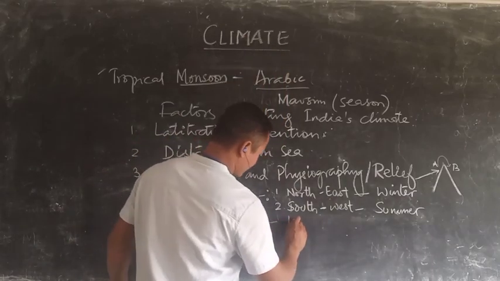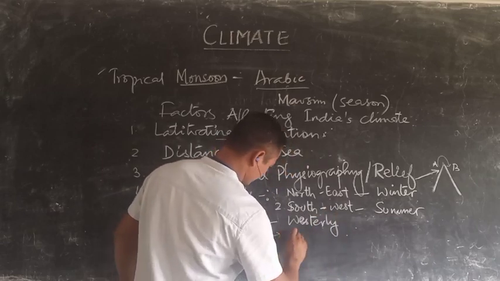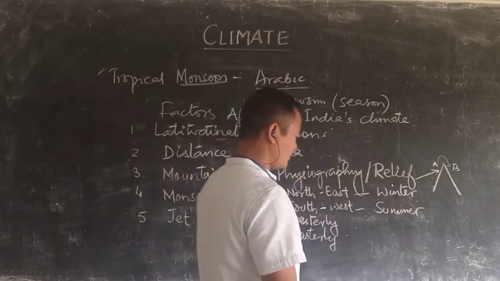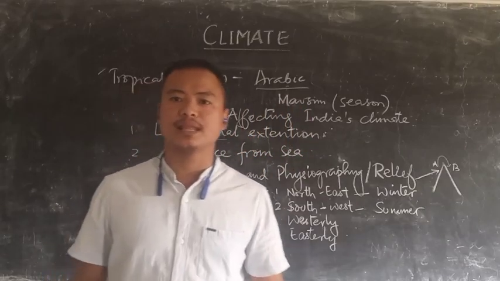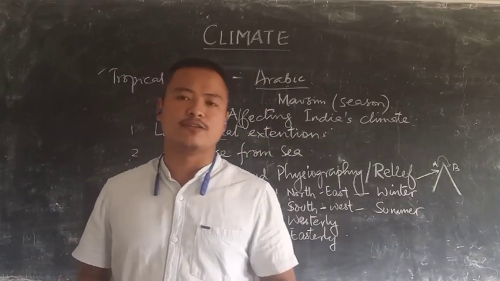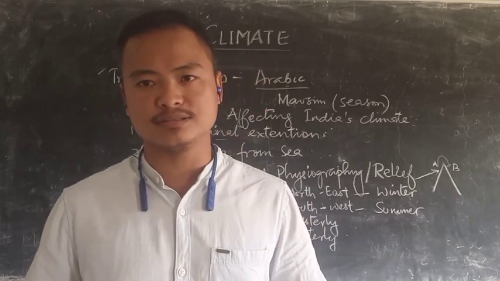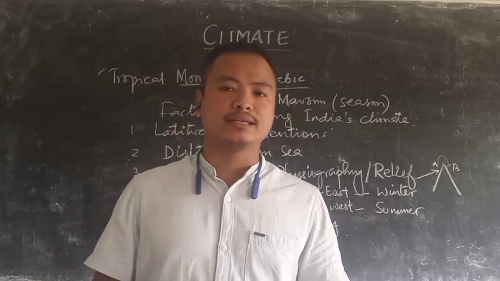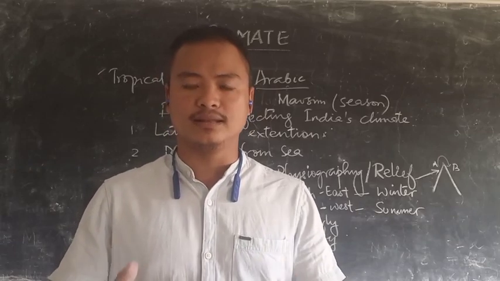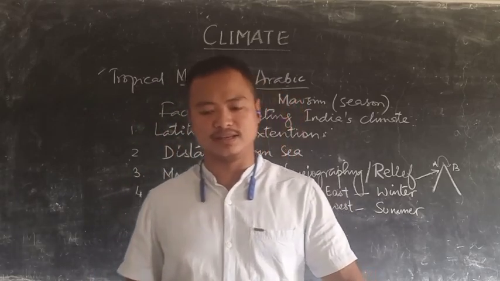The jet stream is further divided into the westerly jet and the easterly jet. The westerly jet stream blows during the winter season under the influence of the westerlies, and it results in the formation of a temperate cyclone over the Mediterranean region. This temperate cyclone arrives in India during the winter season, resulting in little to heavy rainfall in the low-lying areas, and in the higher altitudinal areas it tends to cause